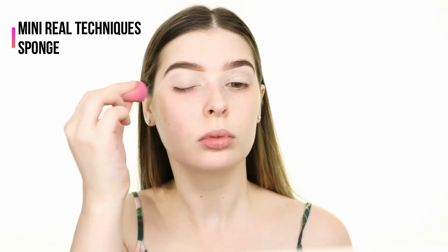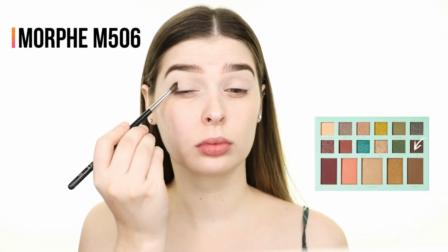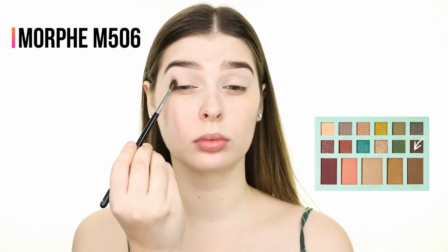For eyeshadow, I'm using the SheGlam Stay Wild eyeshadow palette. First, I'm dipping into the dark matte brown shade called Gin and placing this in my outer V using the MORPHE M506 brush. Once I have a good color payoff, I'm starting to blend it out using small circular and